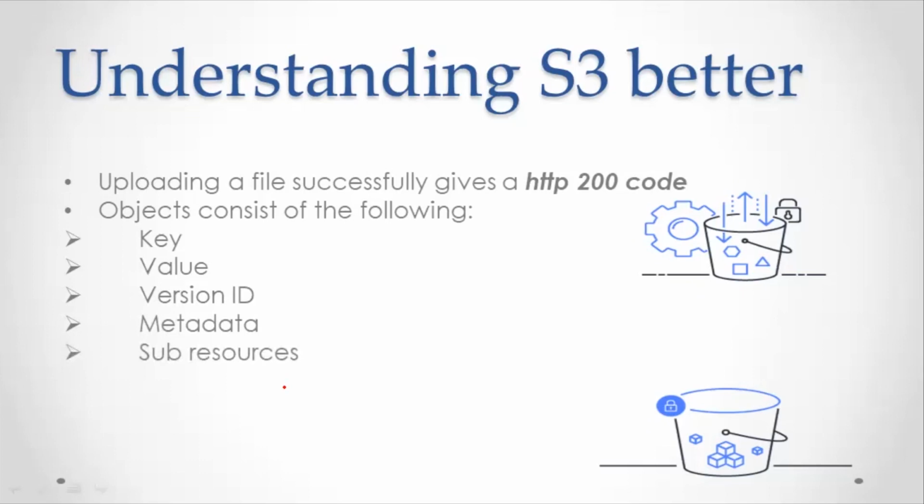So bucket ACLs, torrents, etc. We're going to have a look at it later on. We'll see what a bucket policy is, what access control lists are, and things like that. So we were talking about versioning.